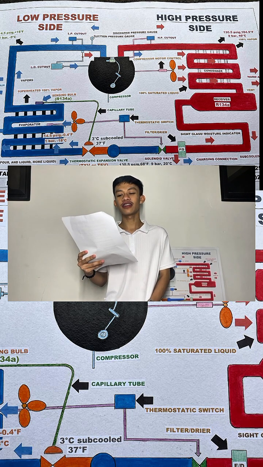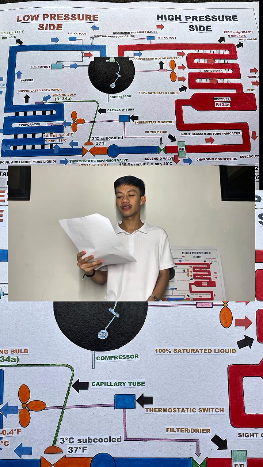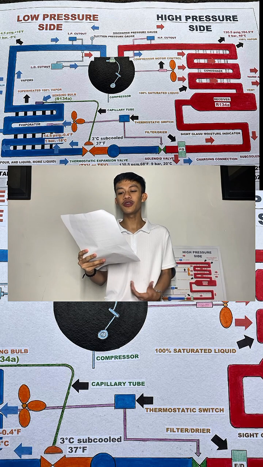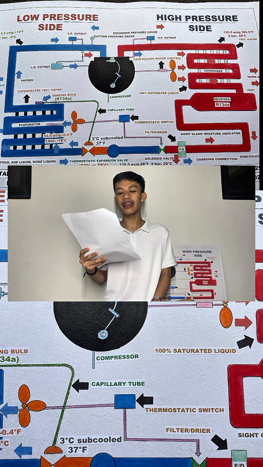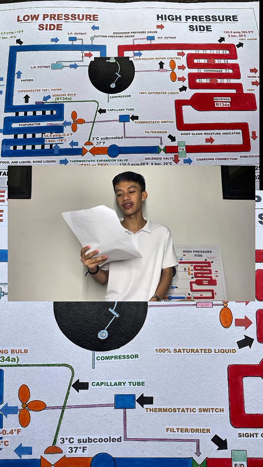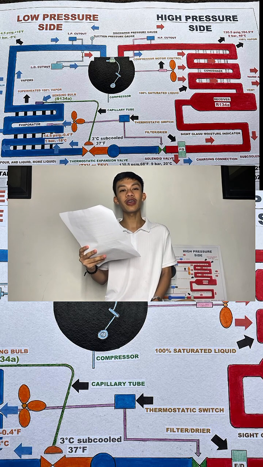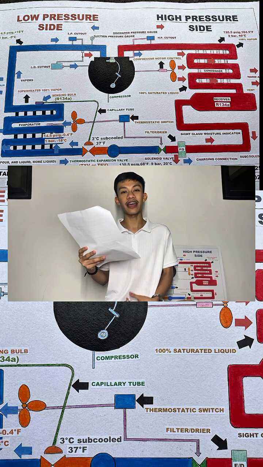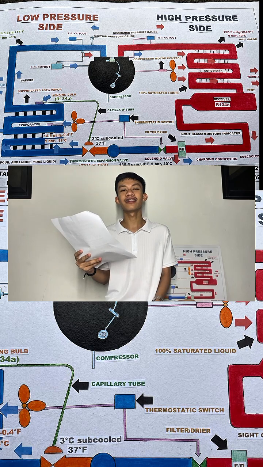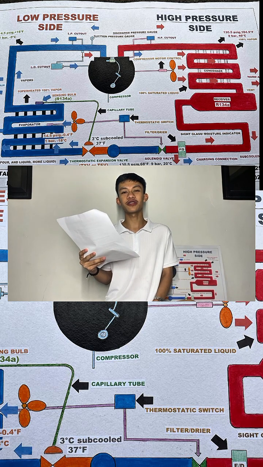In conclusion, the refrigeration cycle is a continuous, closed-loop process that removes heat from a cold space and transfers it to the warmer environment, powered by external energy. By using a refrigerant that changes between liquid and gas states, the cycle uses compression, condensation, expansion, and evaporation to absorb heat at a low temperature and release it at a higher one, thereby maintaining a cold interior. So that are the four major parts of the refrigeration cycle.